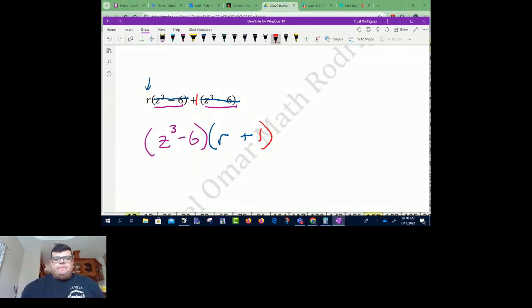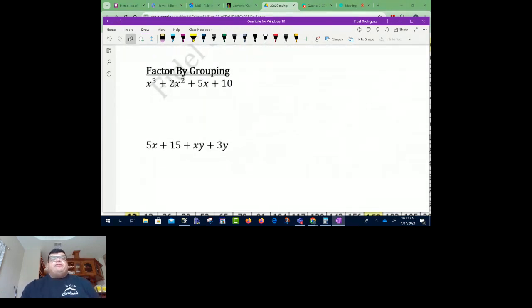All righty. So let me keep scrolling down here. Okay, y'all, the second thing we're going to talk about here is something called factoring by grouping. I really like factoring by grouping because it's a process that I'm going to be able to apply for all the factoring problems that we're going to have today. What factoring by grouping says, y'all, is we're going to just look at the first 2 pieces